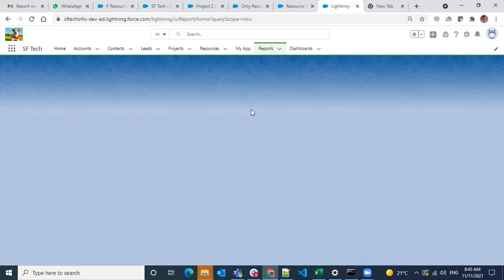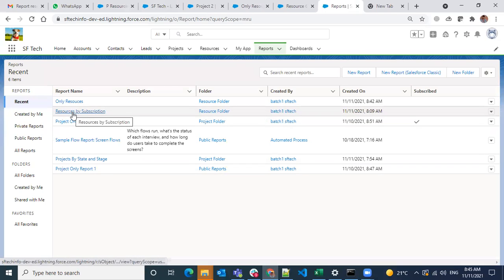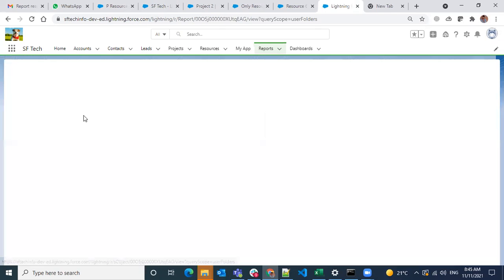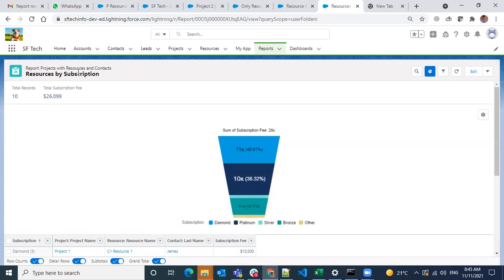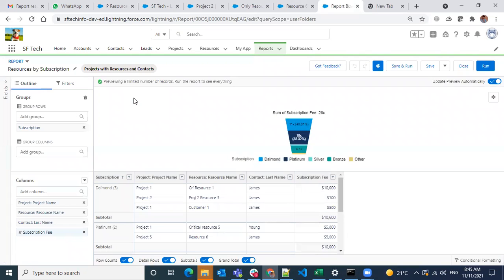Now, in the reports, in a previous one, resource by subscription, we're using a report type called project with a resource and a contact. So there might be filters. This is a standard report type. The name suggests itself, it should be like what are all the projects and the resource and contacts belonging to those projects.